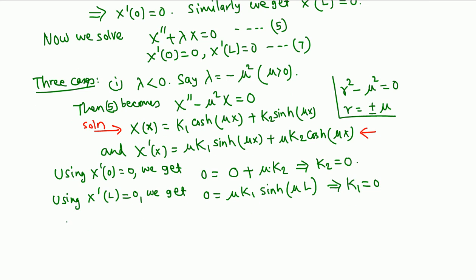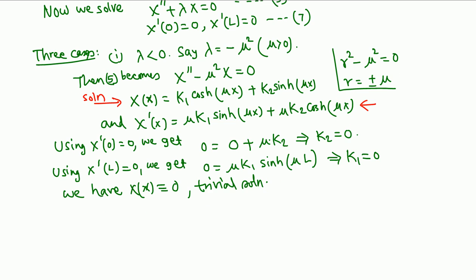Okay, so we have the solution in this case, X is just 0, the trivial solution. So we disregard this case, so there will be no non-trivial solution in this case, lambda less than 0. So case 2,